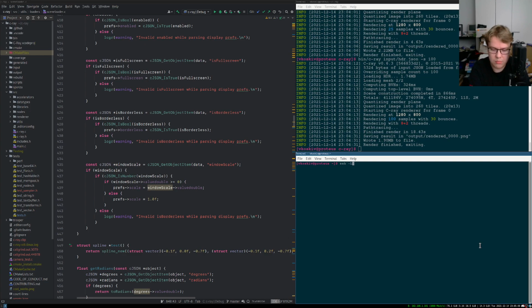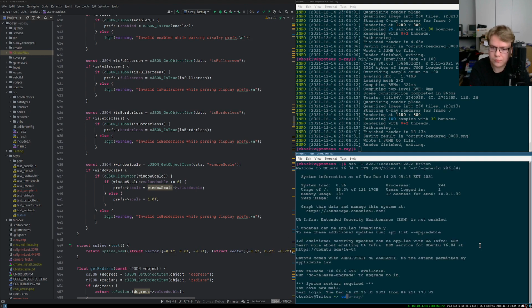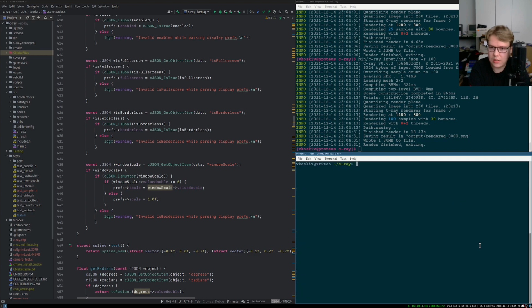Let me make this a bit bigger. So the default port for C-Ray right now is 2222. And then I'm going to forward this port from my web server to my local machine here. The server is called Triton. And I already built it here. I tested that this works. Here I also have